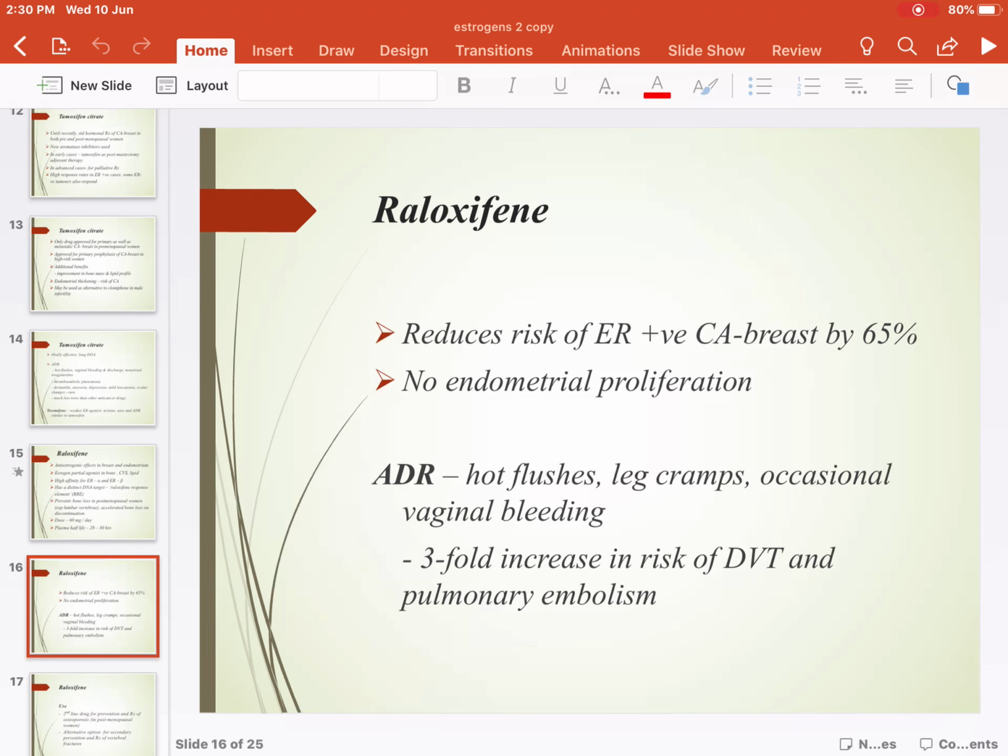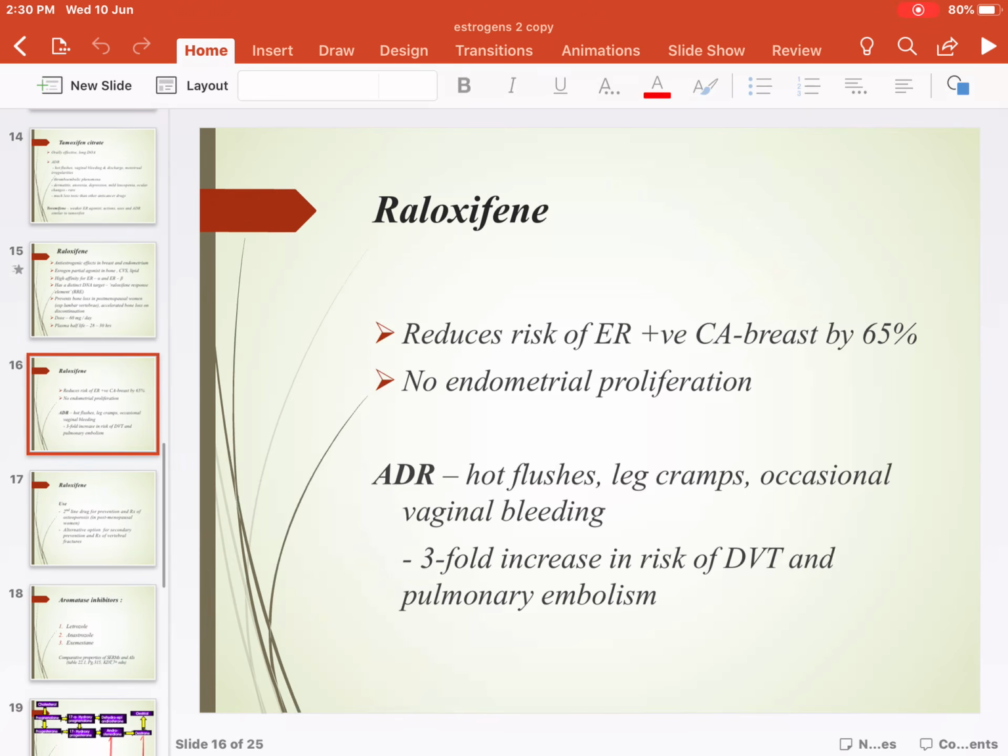If the CA breast is ER positive, it can reduce the risk prophylactically if it is used in 65% of the patients, and there is no endometrial proliferation, so there is decreased risk of CA uterus. It can cause hot flushes, leg cramps, occasional vaginal bleeding, a threefold increase in DVT, deep vein thrombosis, and it can cause pulmonary